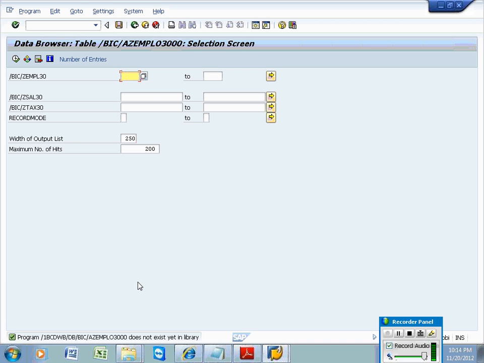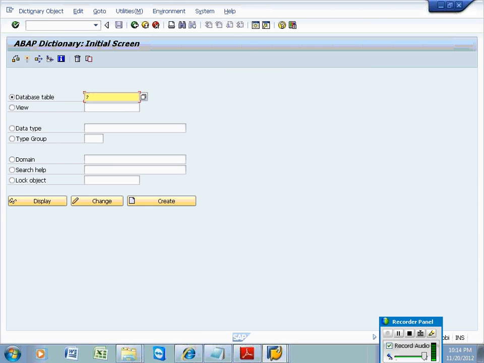How to find out that information? See, we have /BIC/AGMPL O3000. This is your active data table. Go to /n SE11, and enter /BIC/AGMPL O30.